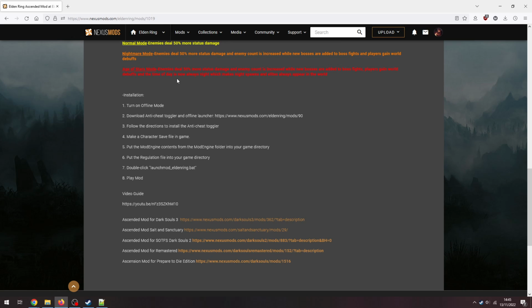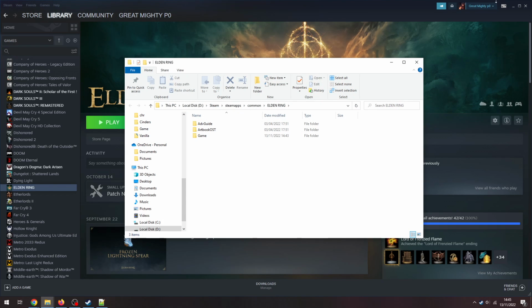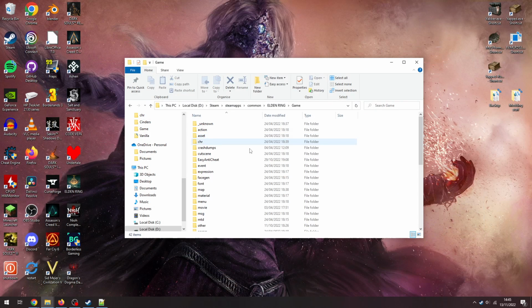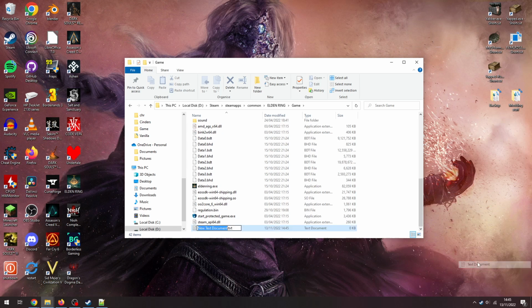So we need to go to our game folder. We're going to open up Steam, right click on Elden Ring, manage, go browse local files. There we go, they'll open up for you. And I can minimize that. And you go into game, and in here, you're going to need to right click and create a new text document. So this needs to be named